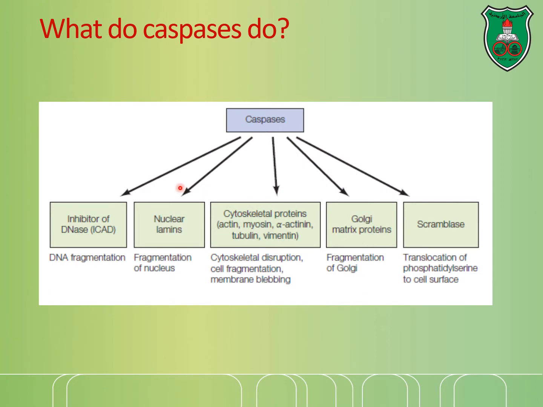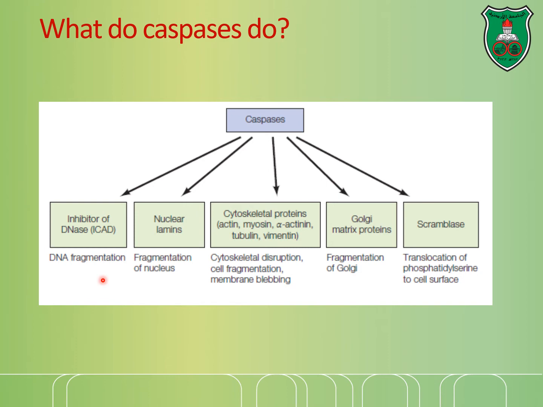So what do caspases do? What are their targets? Their targets include an inhibitor of DNase. DNase is the enzyme that cleaves DNA. So there is always this inhibitor binding to DNase, preventing DNA cleavage. Now what caspases do is that they degrade the inhibitor, so DNase now becomes active and it cleaves the chromosomal